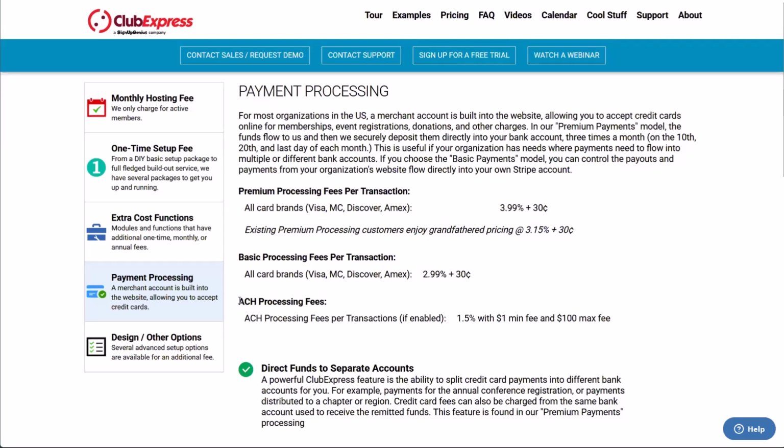You'll notice that we have a slightly different processing fee for ACH payments. We're going to talk about ACH payments again at the end, but this is also where you can go and see that. Whether you're using basic or premium, the fee for ACH, the direct bank account transfer process, is the same. And that is a lower fee by percentage, but you'll notice it has a higher minimum fee. It's a minimum fee of $1, and then a maximum fee of $100 depending on the